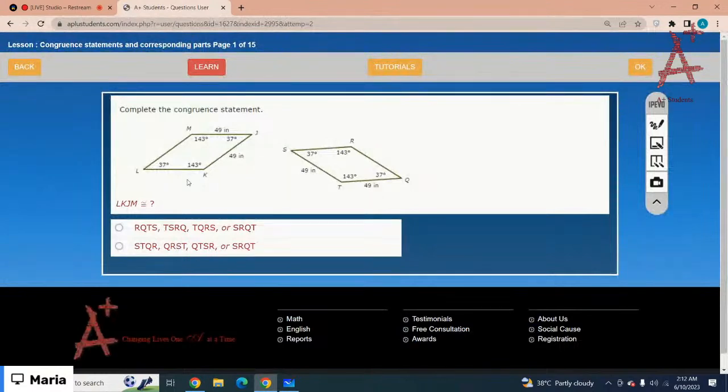Got it? LKJM is congruent to, let's see, 49. You have to rotate this square. Got it? Move this side upside. Then M is congruent to R. J is congruent to S. K is congruent to T, and L is congruent to Q. So that means LKJM is congruent to,